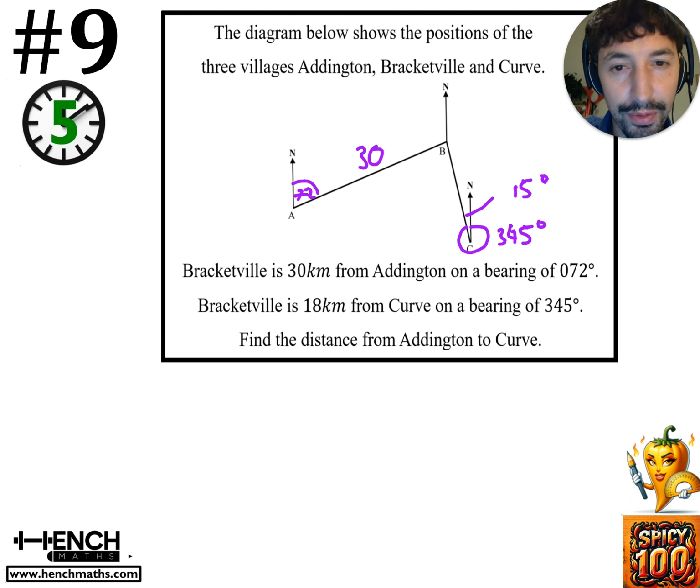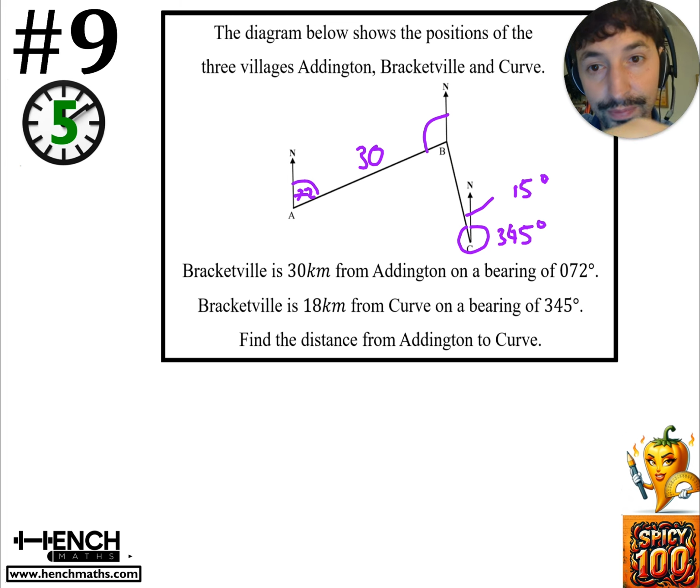Using our angle theorems, so we have corresponding angles. Whenever you've got bearings, your north lines are always parallel. So we can use that to find our corresponding angles. So this angle here, therefore, is going to be 180 subtract 72. So 180 subtract 72 degrees is going to be 108